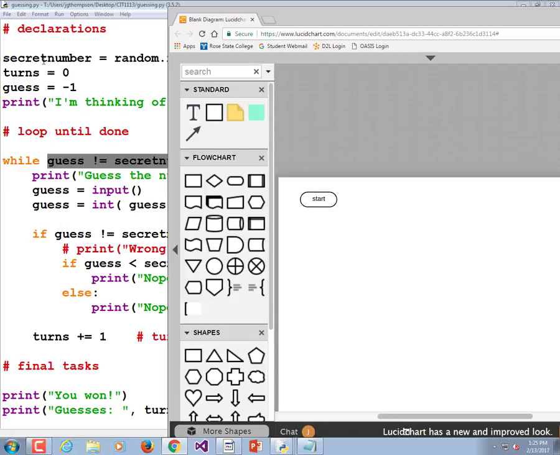Okay. So what's the first thing we do? We do some declarations. We need to calculate these things. I'm going to put that in a process block, getting the secret number. Secret number equals random between 1 and 100. Yeah, I could have just put in that line of code there. But if you give this flowchart to somebody else, they're not going to be thrilled if you put some code in your own language and they're going to rewrite it in C# or Java or something. So